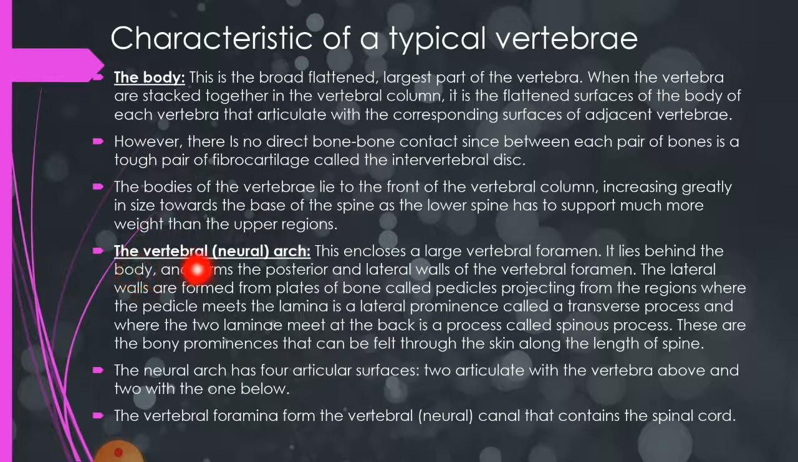The next is the vertebral neural arch, and this includes a large vertebral foramen that we have already discussed. It lies behind the body and forms the posterior and lateral walls of the vertebral foramen. The lateral walls are formed from the plates of bone called the pedicles. Projecting from the regions where the pedicle meets the lamina is a lateral prominence called a transverse process that we